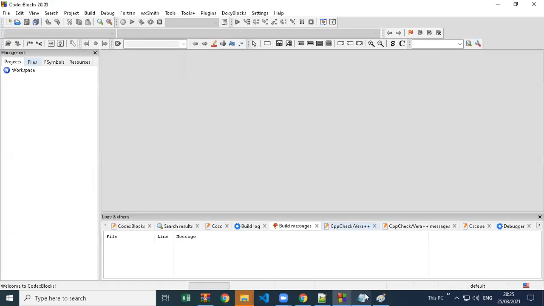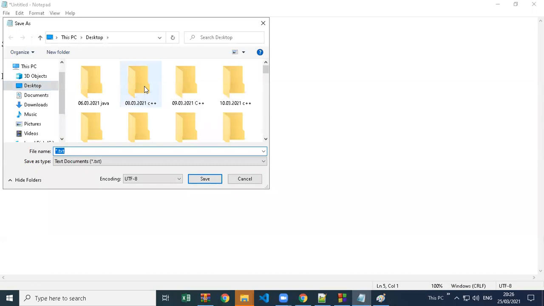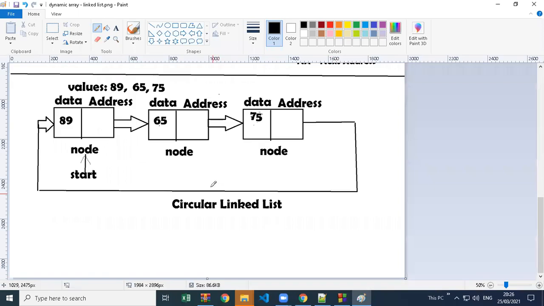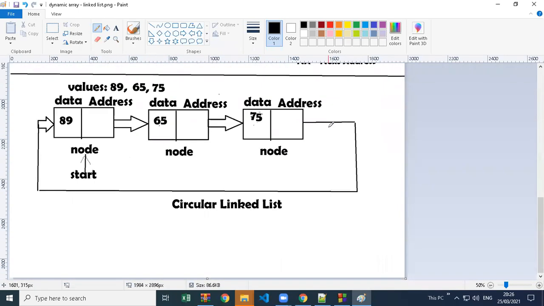So let me save this file, one more file which I created about static and dynamic array, linked list. So far what we have seen is that static and dynamic arrays are there in memory structure.